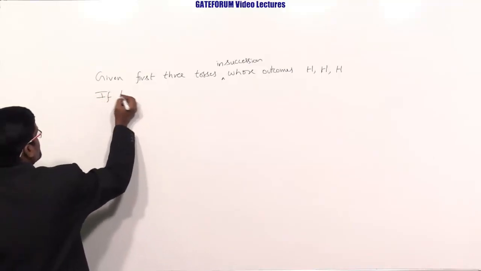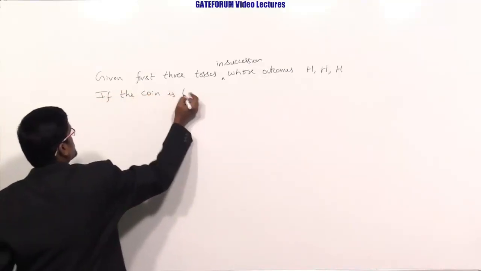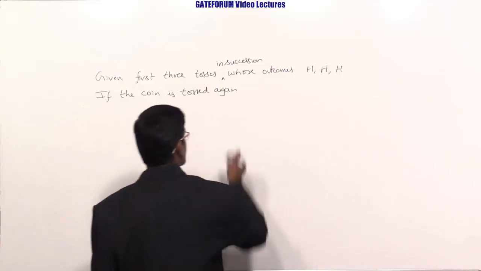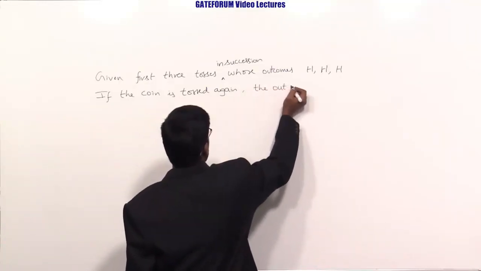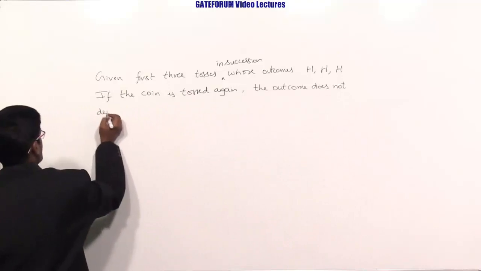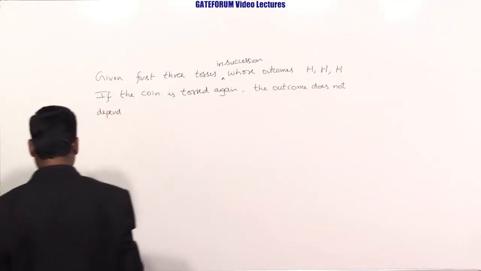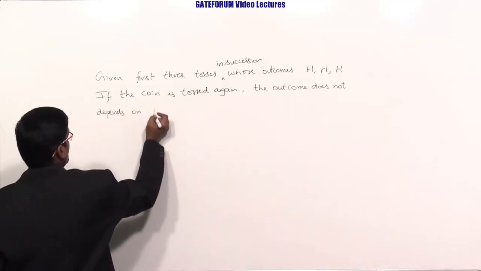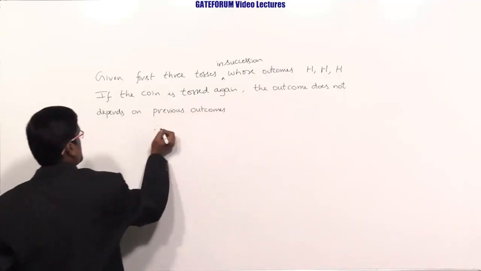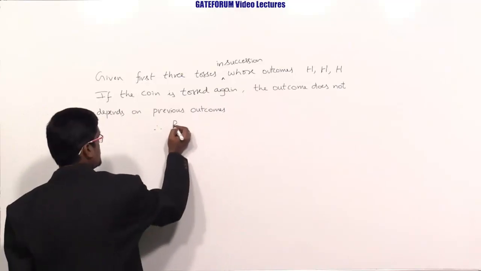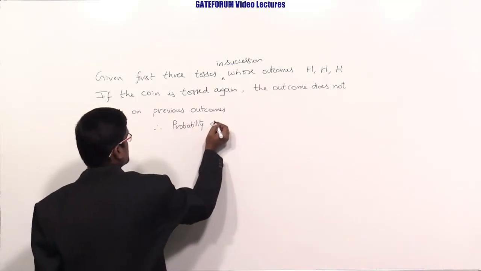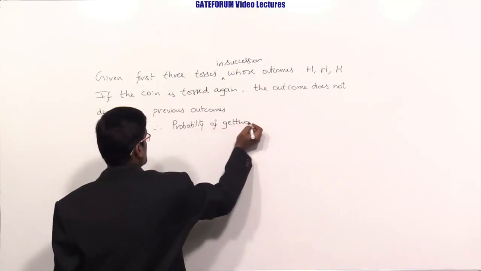If the coin is tossed again, the outcome does not depend on previous outcomes. Therefore, probability of getting head